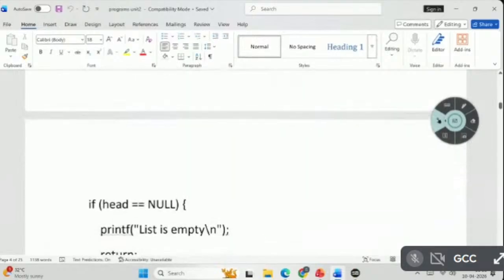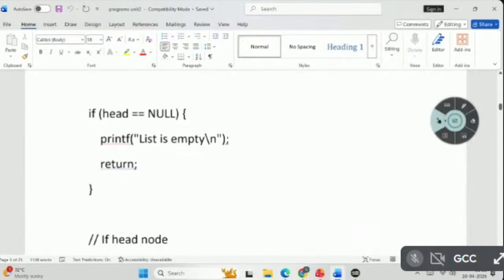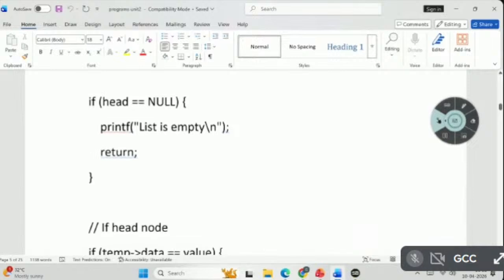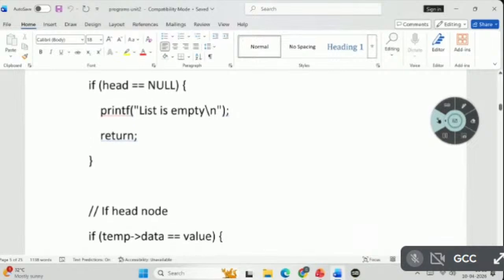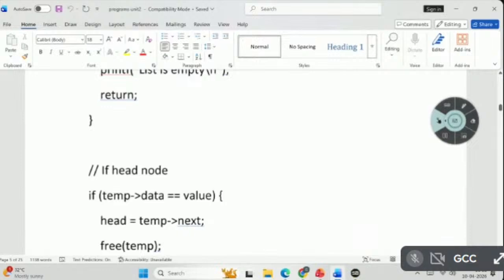Next write, if head double equal to null, if head double equal to null, printf list is empty, printf list is empty, return and close brackets. So if it is not null, what you have to do? Write down, if temp implies data,